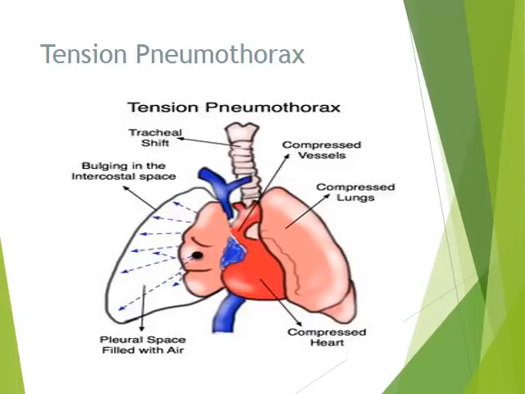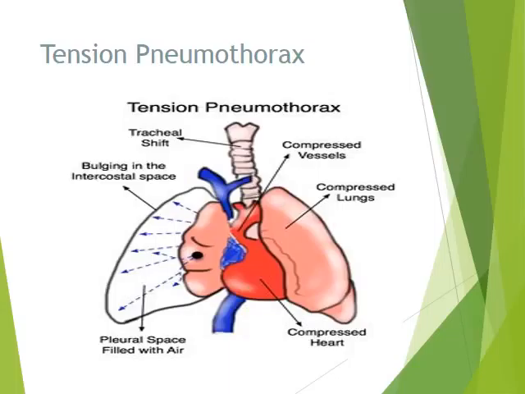So as you can see, that compresses the heart. So we're going to have a compressed heart, we're going to drop our blood pressure, we're going to increase our CVP because of the pressure around the heart, and then we're going to drop our cardiac output because the heart can't contract and expand like it should. So then we're also going to have a tracheal shift to the unaffected area, so that trachea will shift over to the unaffected area, and then the